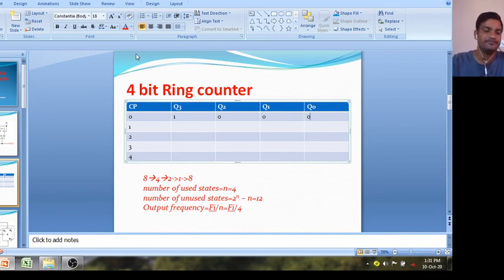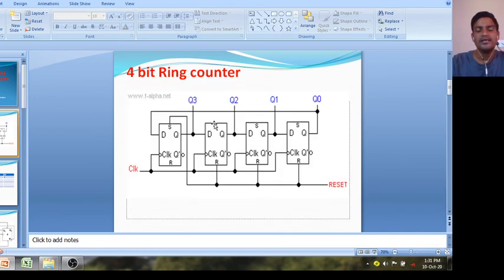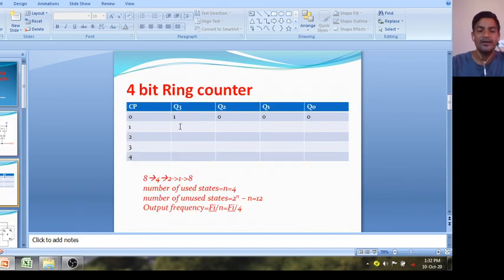Now what will happen? It is just like your serial in serial out shift register. The only difference is that the output of the last flip flop is connected to the first, so we are giving input data from here. Whatever this value is will be the input of this, and data is shifting towards the right direction. The output of this is connected to the input of this, and so on for each flip flop. So after applying the first clock pulse, this is shifted here, just like your register. This 0 goes here.